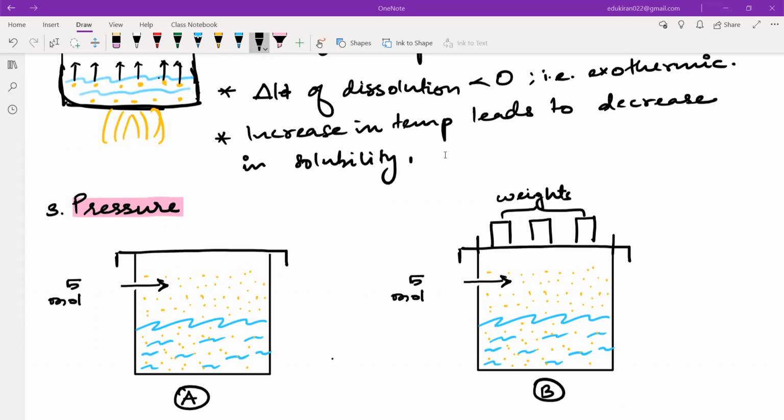Let us take a look in both the cases. Answer me, okay? In the second case where I have added weights, this piston will be moving down and it will be applying a pressure, yes or no? Yes, sir. Similarly, the same pressure will also affect the gas particles which are inside the container. So all of these gas particles will experience a downward force due to the pressure. Yes or no? Please tell me.